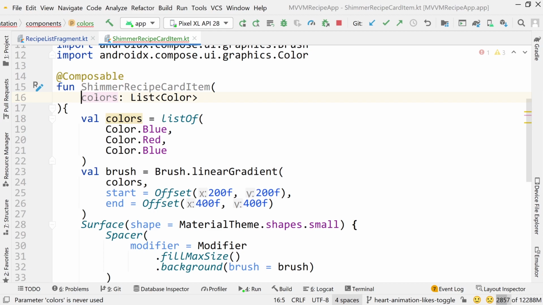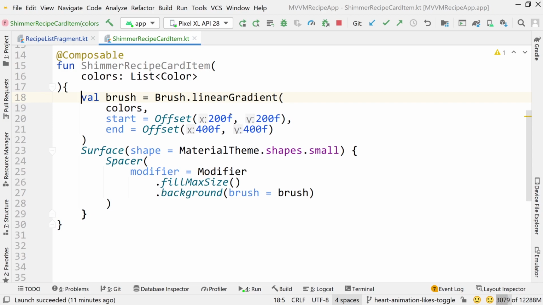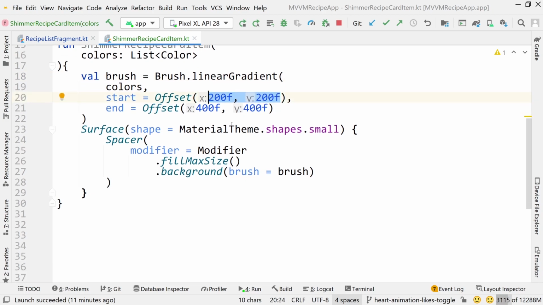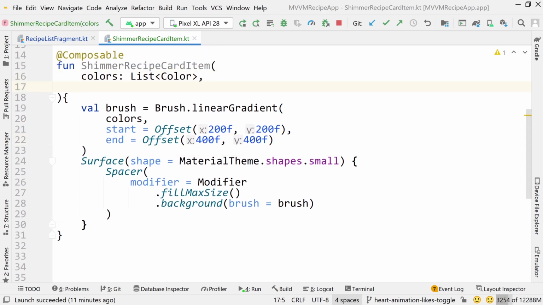Whoops, I don't need the value identifier up there, and I can get rid of that. This list is actually going to be a list of gray, and then a lighter version of gray, and then gray again, but we'll come to that later. So we can leave this offset, that doesn't really matter. We can have this as the describing or the frozen frame. That's okay. Now I want to add one more argument up here, and this is going to be the image